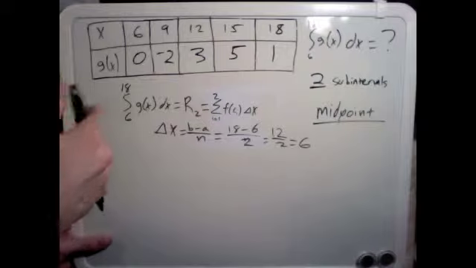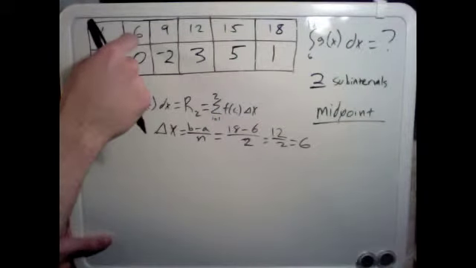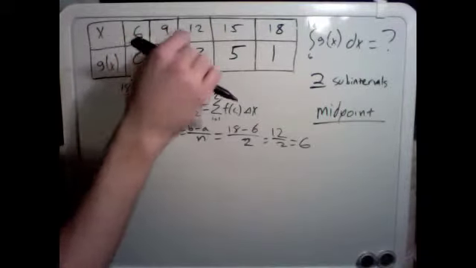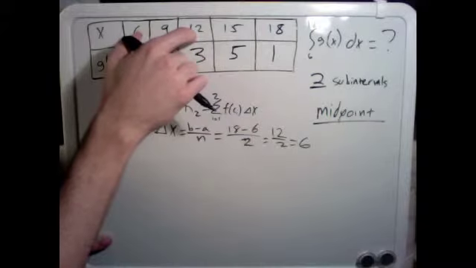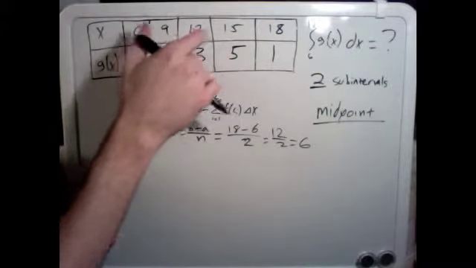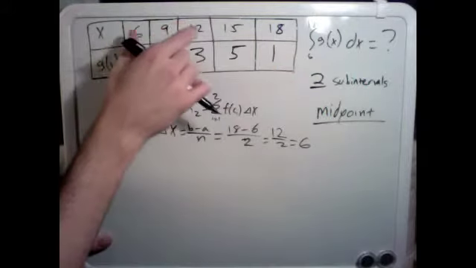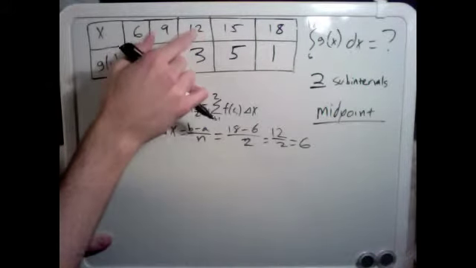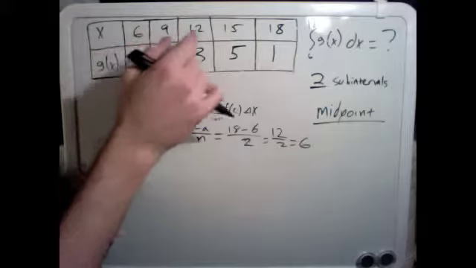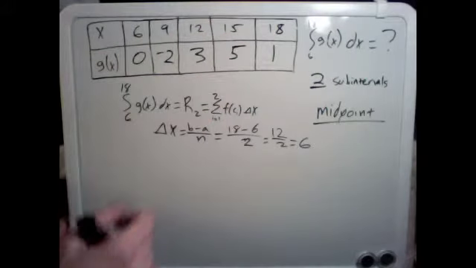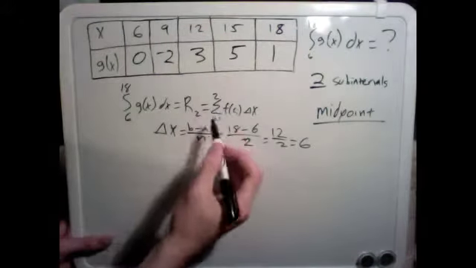Our first subinterval is going to be from 6 to 12. And then our second is from 12 to 18. Notice that splits this up into two equal subintervals with a delta x of 6. 12 minus 6 is 6, and 18 minus 12 is 6. So to solve this,